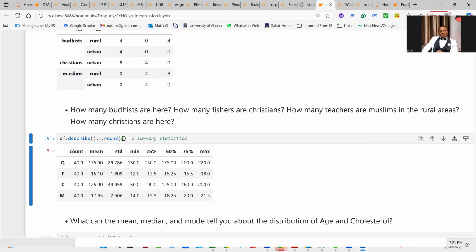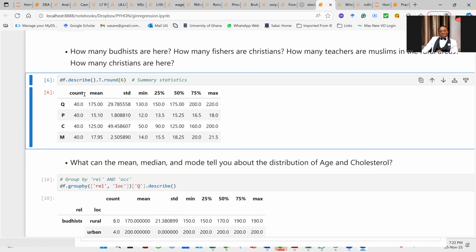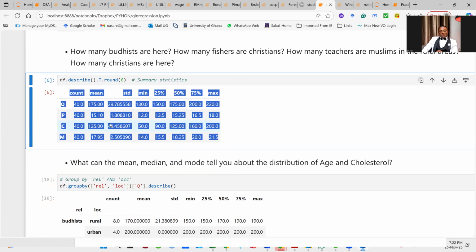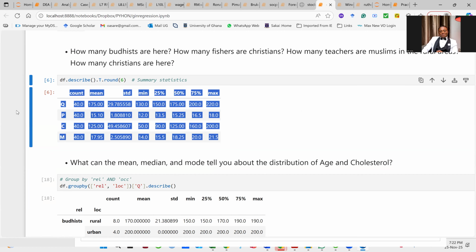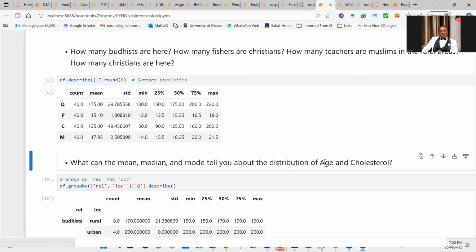Let's change the decimals to 6 decimals and check the data set. It will change to 6 decimals. Now, you can be given this and then interpret it, or in your assignment you can be given this to generate, or in your long essay you generate it yourself. So what can the mean, the median, and the mode tell you about the distribution of... oh no, I made a typo here. It is about the distribution of